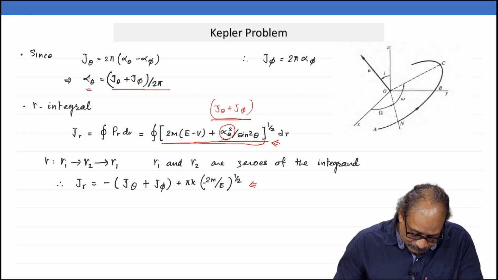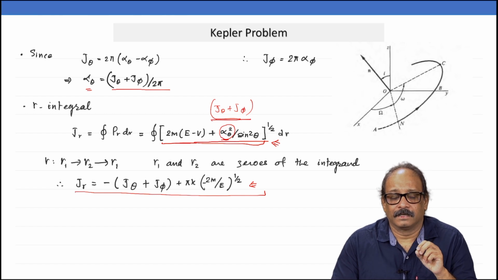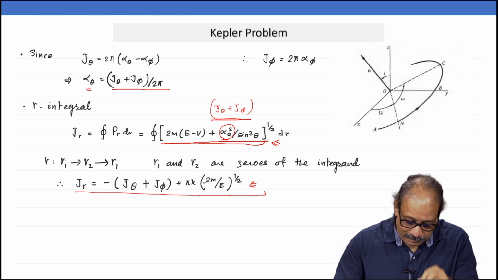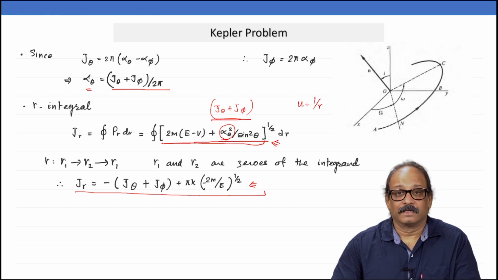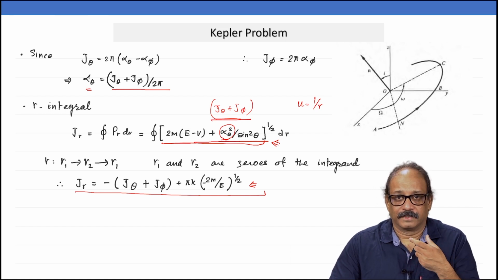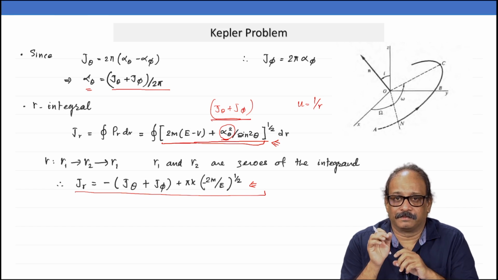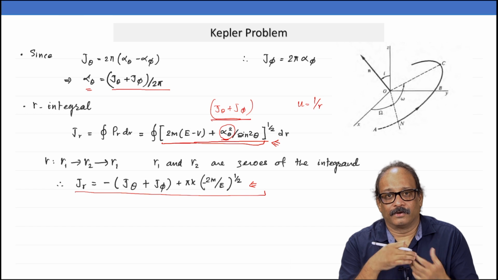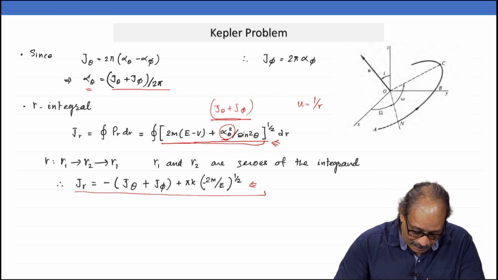And finally, you of course can integrate this. Once you integrate, you can get this. This integral is actually a standard one. You will get a quadratic equation. The standard substitution here is putting u equal to 1 over r, transforming it to the new variable u, and it is a standard integral for the square root of a u square plus b u plus c. You can do that by looking at the table of integrals, and the final answer comes to this.